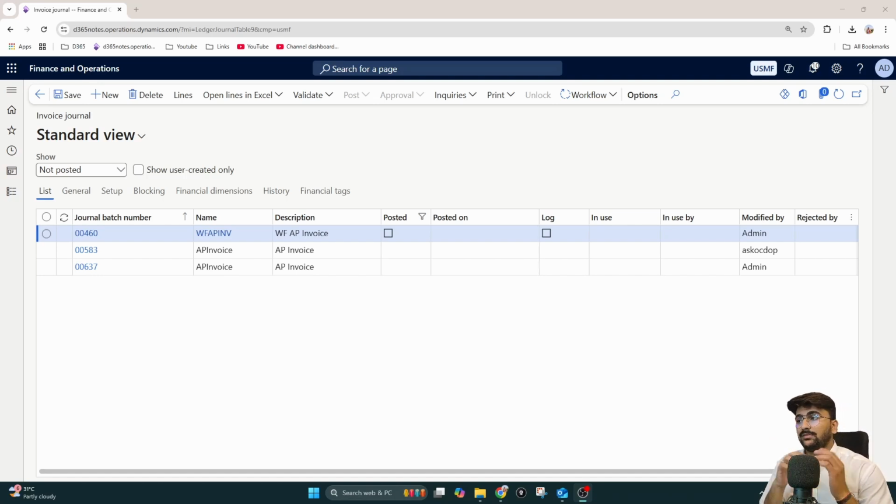Today, I will be covering the vendor invoice journal. Since we are covering the journal names, I will be covering the vendor invoice journal, and along with that, in continuation of this, the reversal part of the journal. So we will see how the reversal works in the system and how it can be achieved. But before that, I will give you the background of the invoice journal in the system, why it is used and